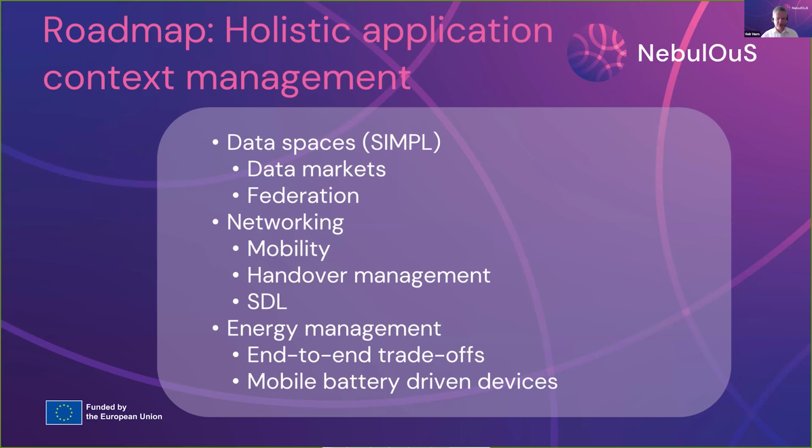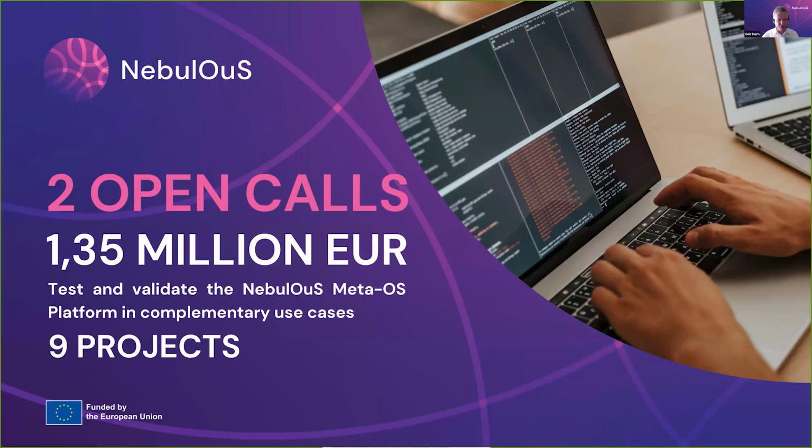And then finally, energy management is something that is coming. We need to look into this. It's extremely important for mobile devices, of course. But before we get into mobile devices, it's also growing in importance when it comes to AI processing and this kind of heavy processing that requires a lot of resources. And if we can optimize that for energy, using the most energy efficient devices for the computation, that will definitely be a direction which we will move in the future.